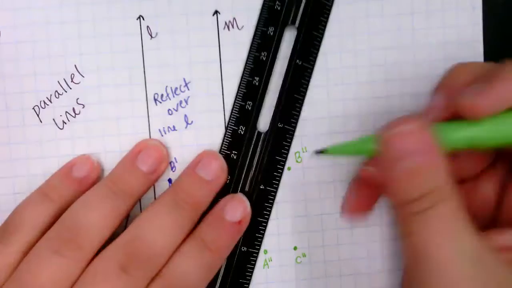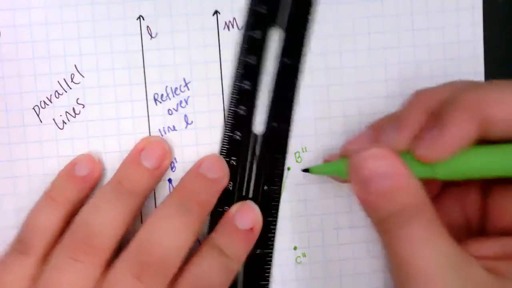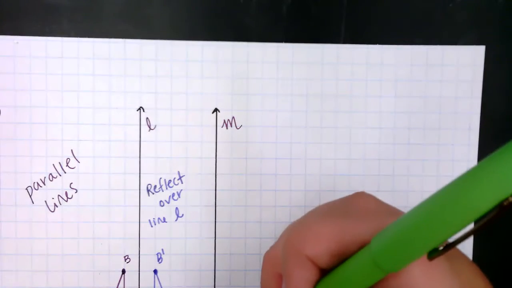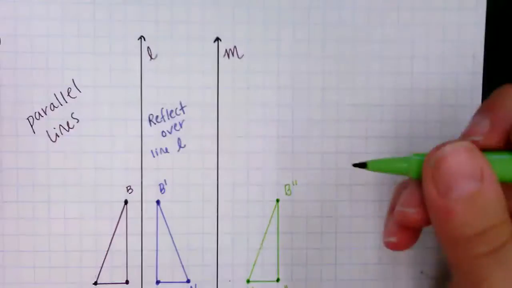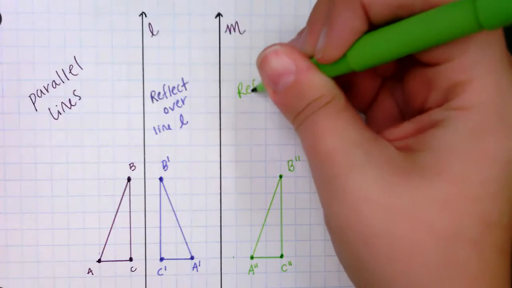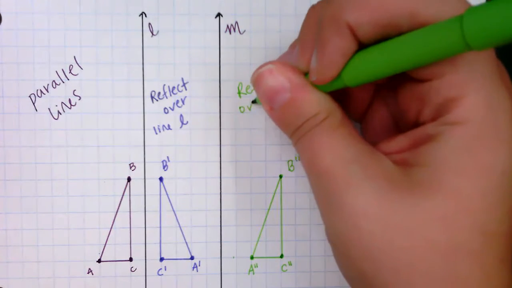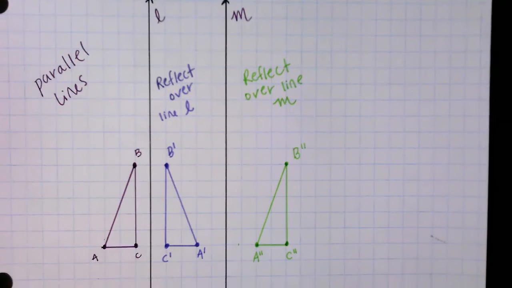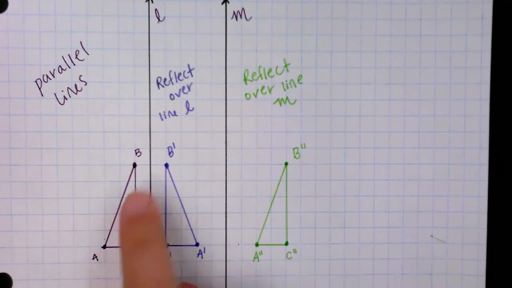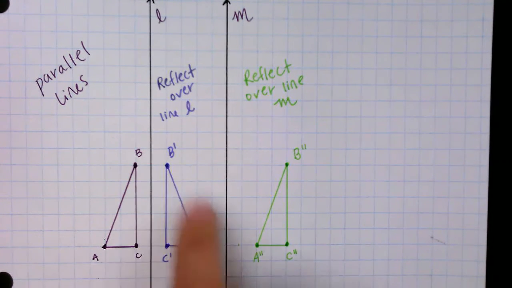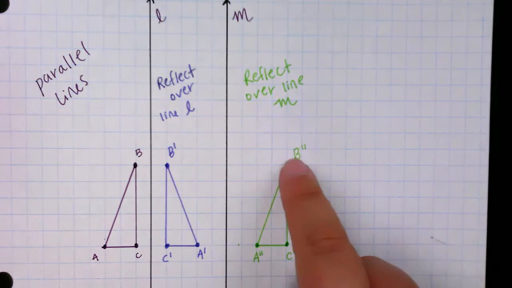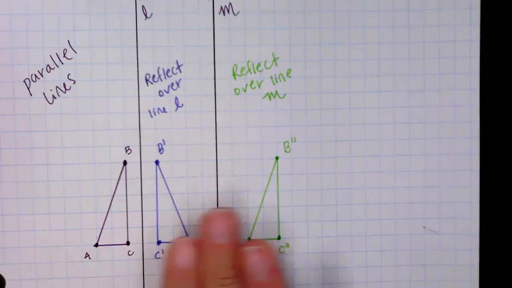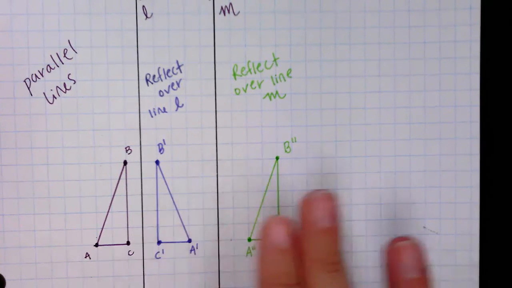And so now I've done the second reflection. And this green one came from a reflection over line M. So now I've gone from ABC to A prime, B prime, C prime, to A double prime, B double prime, C double prime. Now, doing this composition of reflections where I do one and then I do another is